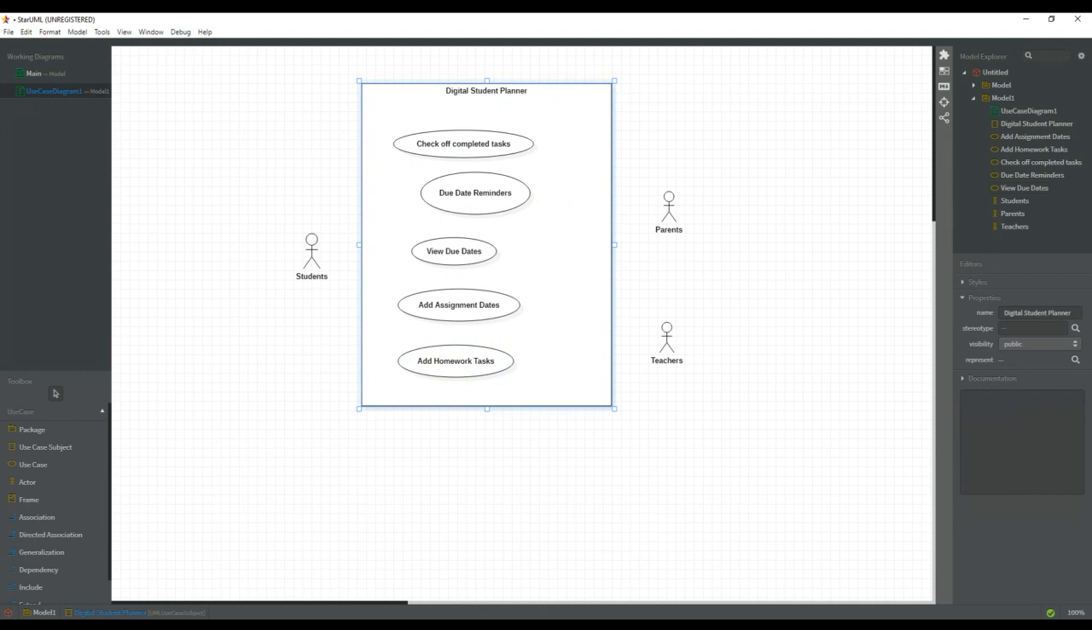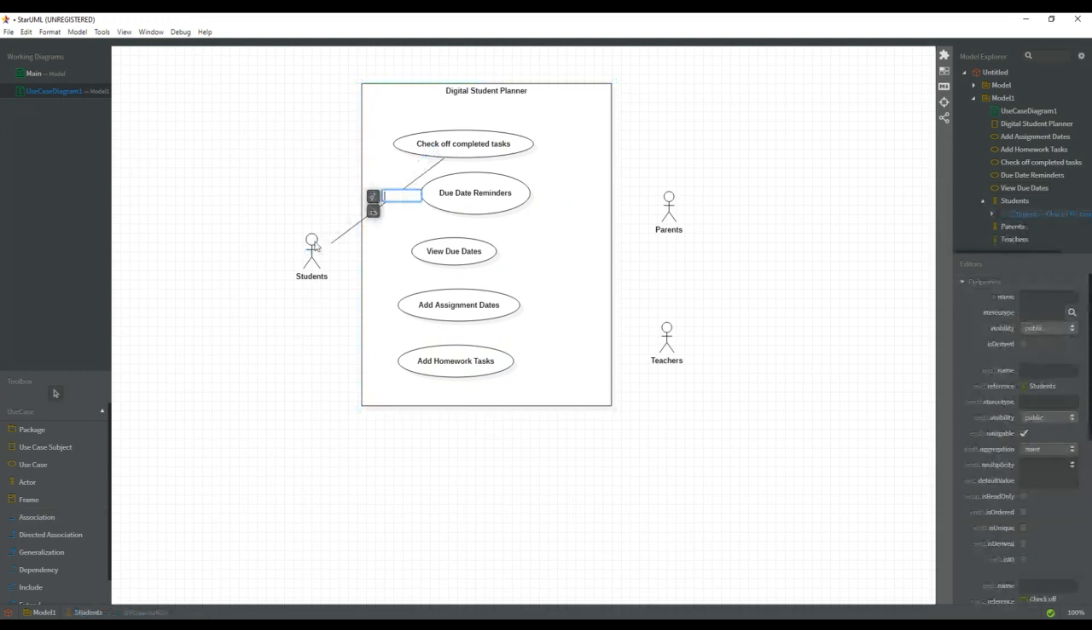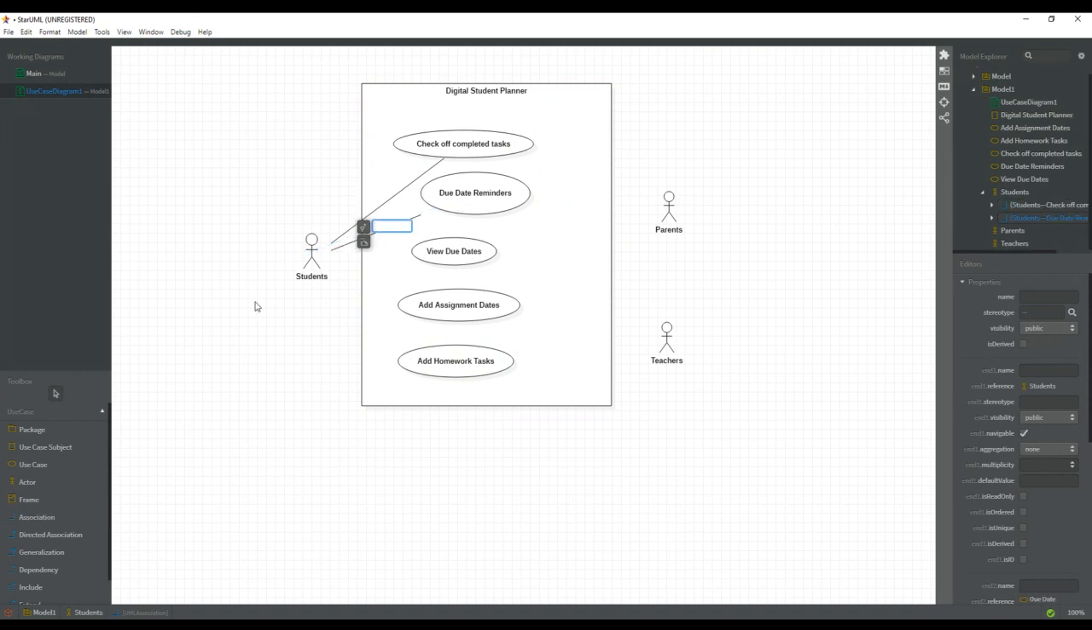Really simple to use. So once we've got our use cases in place, we can add in our associations. So this basically just creates a link between the actor and their relevant use case. So we know that the students, we want them to have access to all of these things. So checking off completed tasks, due date reminders. So you'll notice what I'm doing. I wasn't very explicit on that. So selecting association